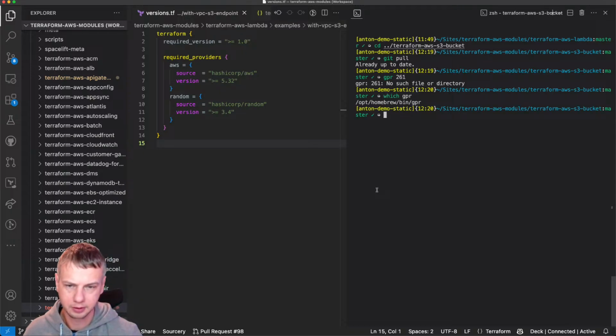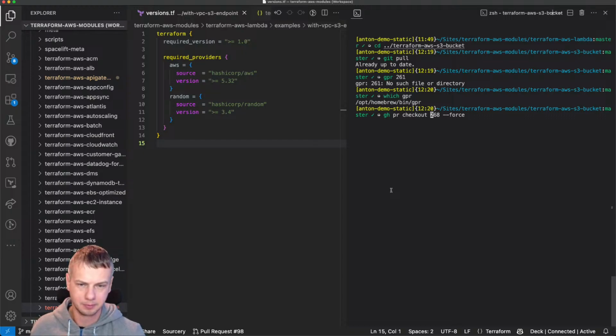No, it's not GPR. What was it? GitHub PR. Yeah, okay, anyway, let's make it old-fashioned by running this long command. So the pull request number is 261.